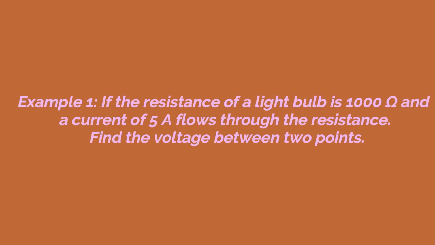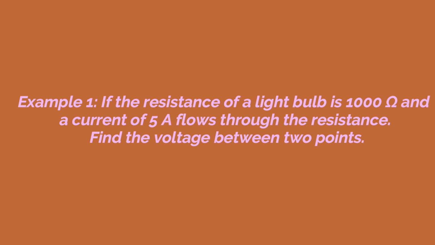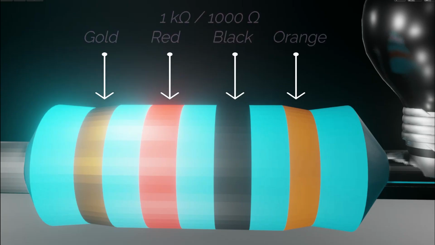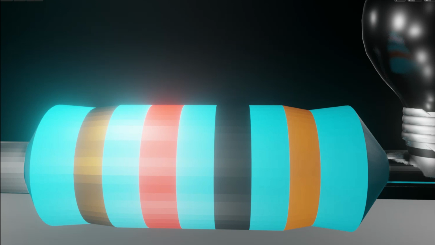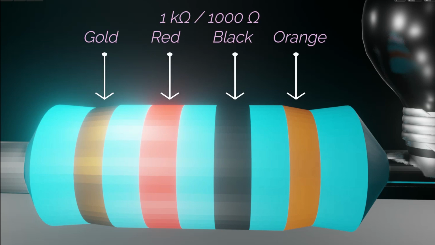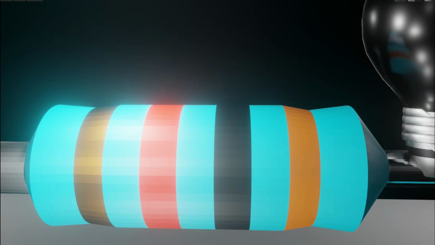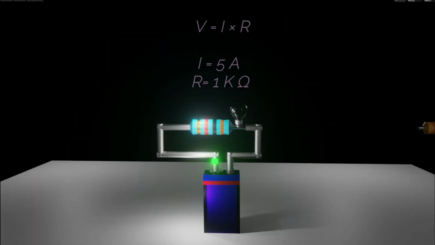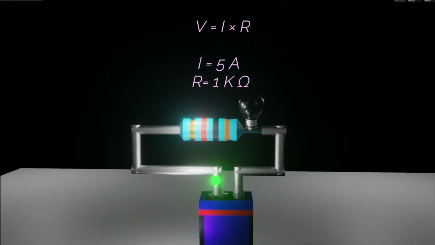Let us have an example where we have to calculate the voltage between 2 points. So we have the simple relation of Ohm's law, which is given by V is equal to IR or I is equal to V by R. So here we have to use V is equal to I into R, where we have to use a 1K resistance. For making a 1K resistor, we use a particular color band diagram as shown here. Gold, red, black and orange. It constitutes a 1K ohm resistor. We'll share a separate video describing the color coding of resistors.